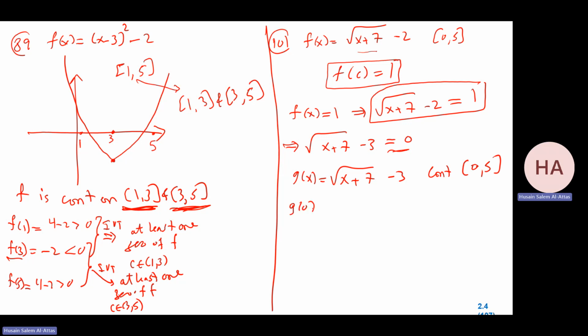Now, g at 0 will be what? Square root of 7 minus 3. This is less than square root of 9, so this is negative. g at 5 will be square root of 12 minus 3, which is positive. Now, there exists a root. We say the intermediate value theorem shows there is a root